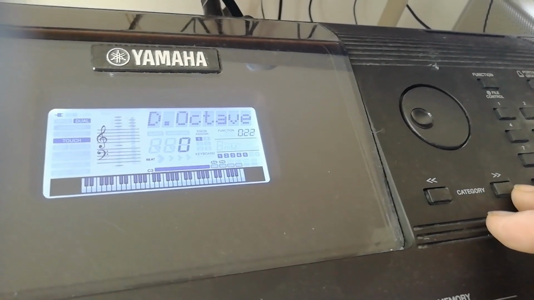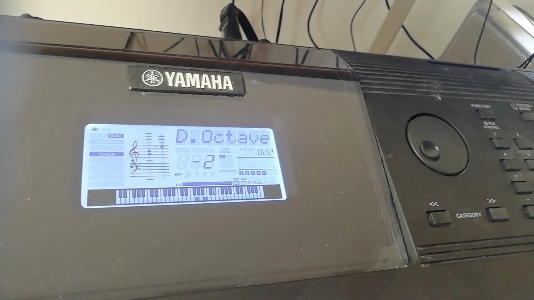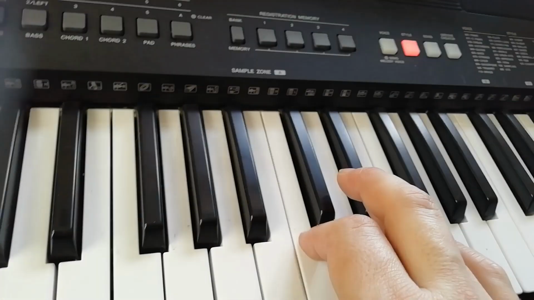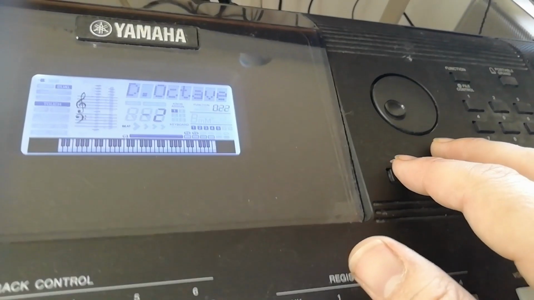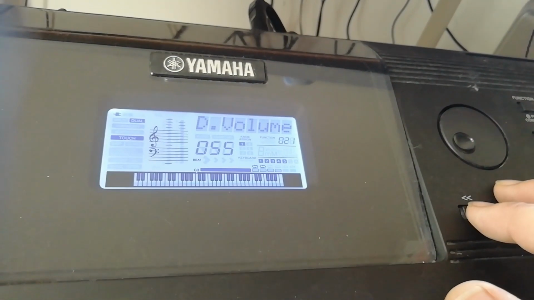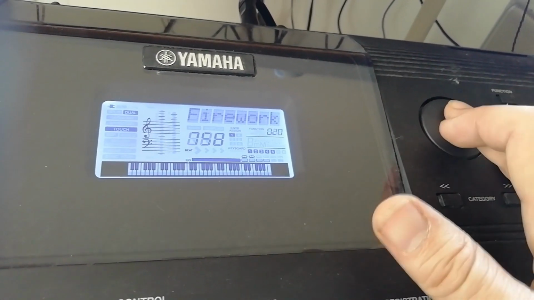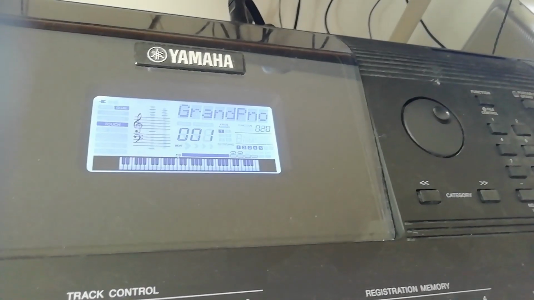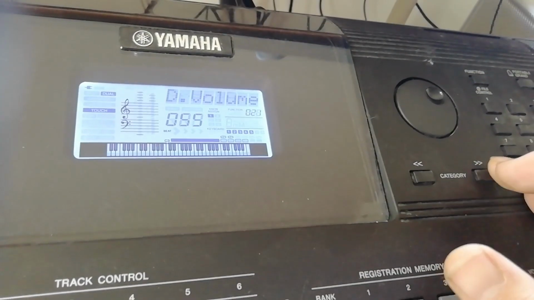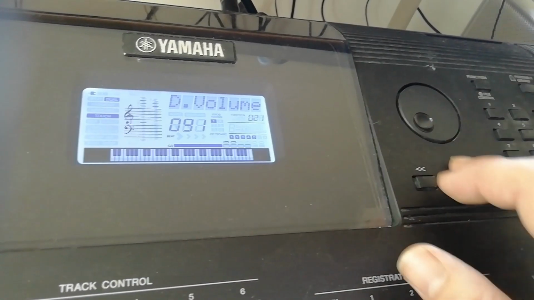Category next, D octave. So if that second instrument is in the same octave or 2 octaves lower, for instance. So it is one hand playing, but I have a bass tone applied to it. So let's imagine I go 2 steps back to set the voice. I had already a piano, but as a second instrument I can use the same piano over that first one. I just transpose it 1 octave lower and make it a bit louder.